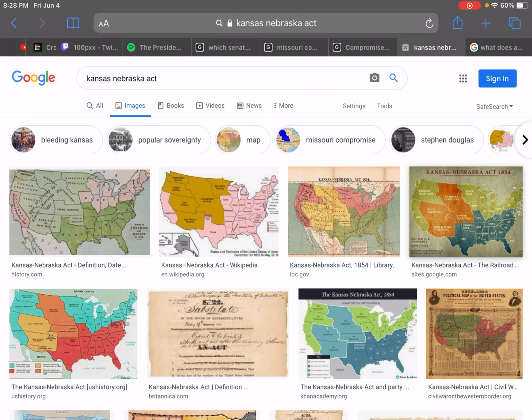The North viewed Brown as a martyr, but the South wanted him hanged. And then he was hanged. So the South wanted him hanged, but the North viewed him as a martyr, and this divided the country more. The last straw for the South was obviously the 1860 election,